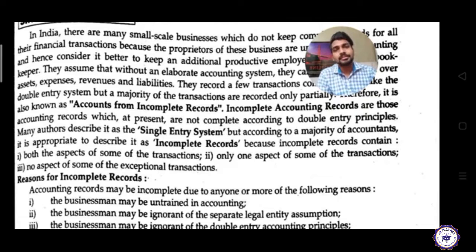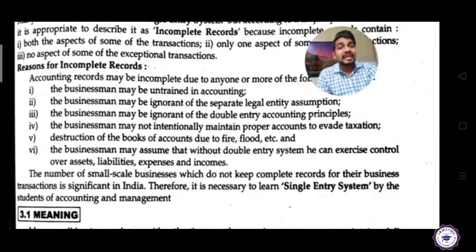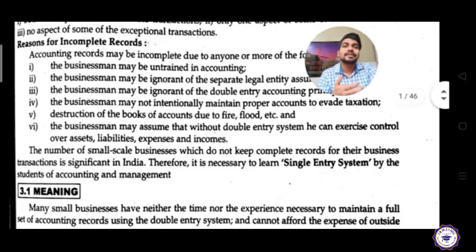So the reasons behind incomplete records may be: the businessman may be untrained in accounting, the businessman may be ignorant of the separate legal entity assumption, the businessman may be ignorant of double entry accounting principles, and the businessman may intentionally not maintain proper accounts to evade taxation. Another reason is destruction of the books of accounts due to fire, flood, etc. And the businessman may assume that without a double entry system, he can exercise control over assets, liabilities, expenses, and